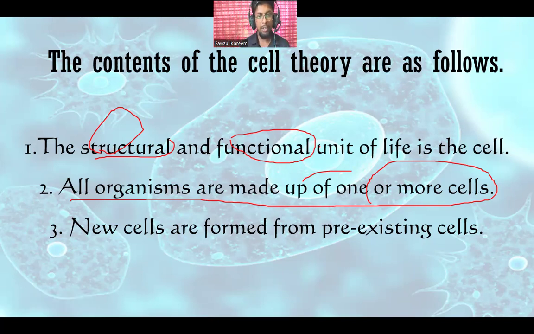And the third one, right? For example, my dear, I want to grow. The cat wants to grow, the dog wants to grow. So when they are growing, the number of cells is increasing. For example, if there were 1 lakh cells when I was a baby, now it will be 10 lakhs. Earlier I had only 1 lakh, now 10 lakhs. That means the number of cells has increased. That's why I become big.